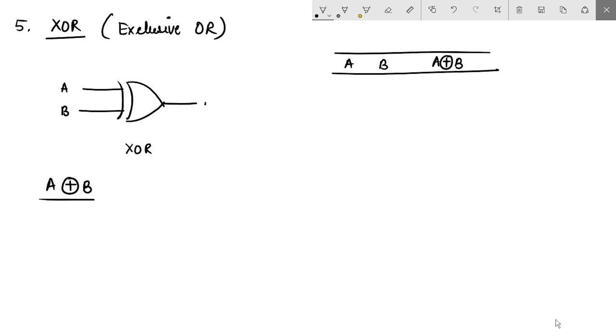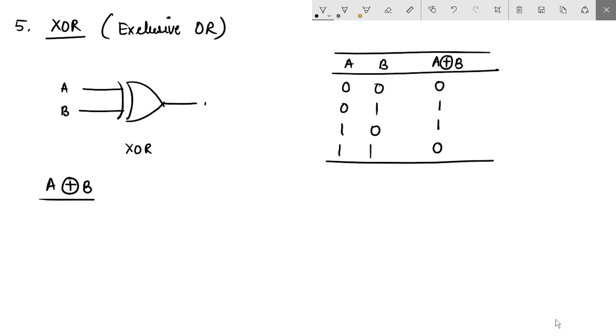Okay, so let me just write the input combinations. Exclusive OR gate requires that only when the two inputs are exclusive of each other, it is going to give a high. When the two inputs are same, so the only two cases where both inputs are different from each other are these two cases. So these are the two places where it's going to give us a 1. And if the inputs are same, it will give us 0. Okay. This is what is an XOR operation.